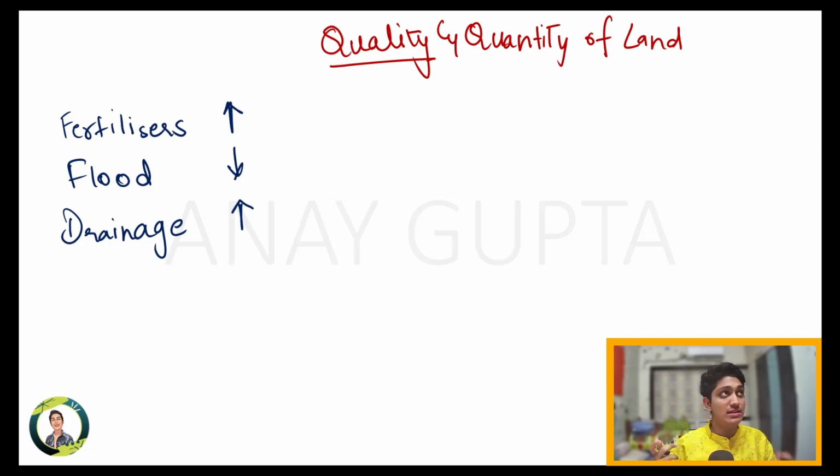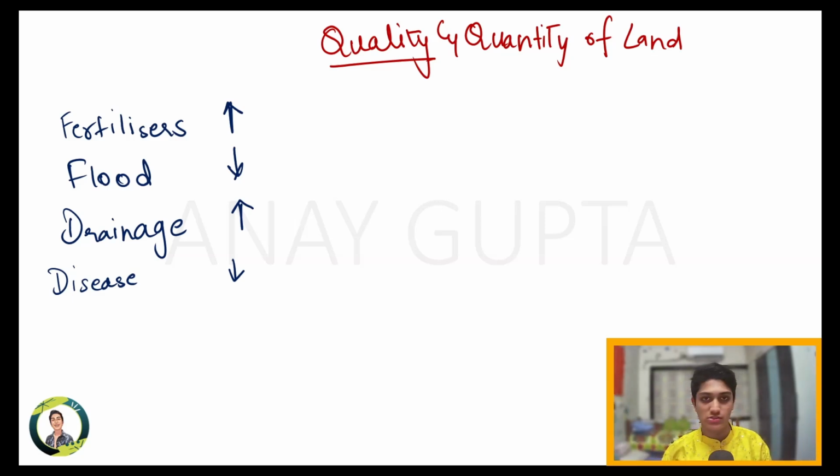If there is some disease outbreak, that will weaken the animals, reduce their health, and hence reduce the quality of land. So you just have to think of various factors that could deteriorate or improve the quality of land. And if you get a question saying discuss whether the quality of land is expected to improve, you just have to pick out these positive points and negative points, and put them under hypothetical situations,